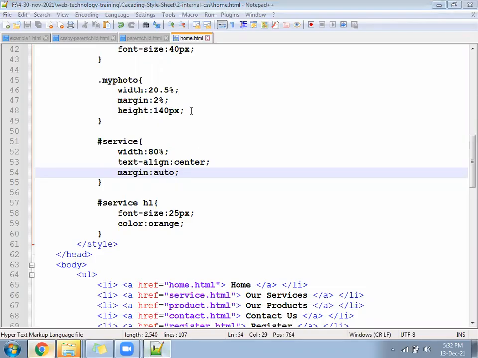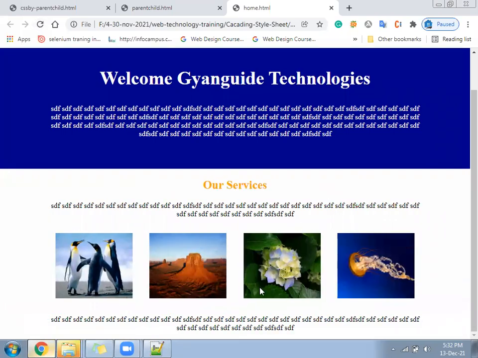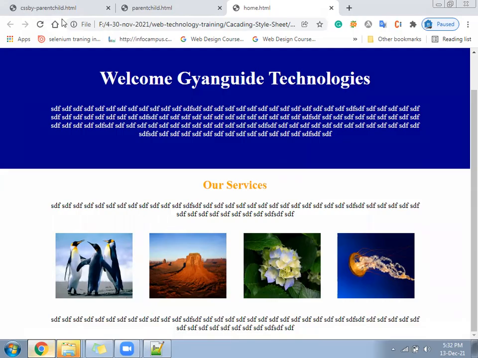Okay. Now that should come in the center and it should display all the images properly. Text will be in the top also. Text will be in the down also. See, it's happening like this.